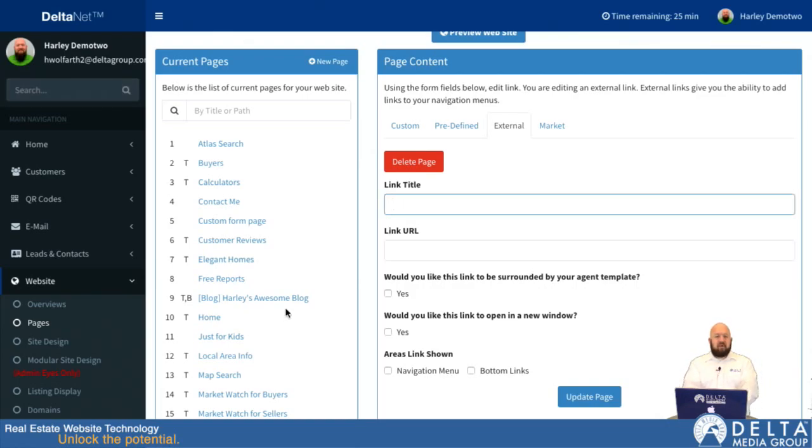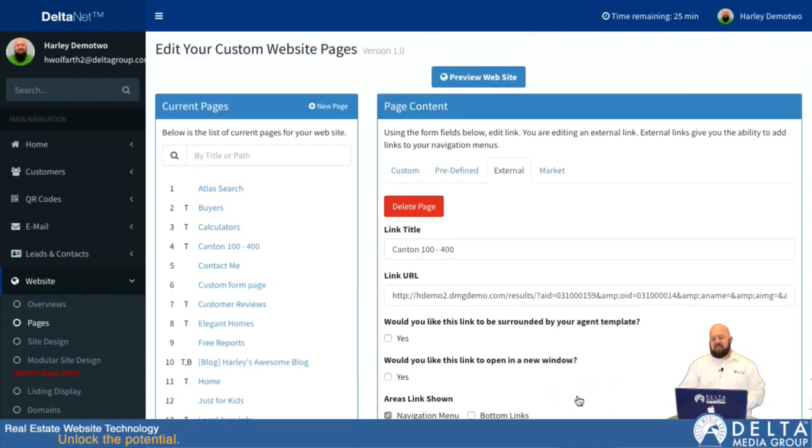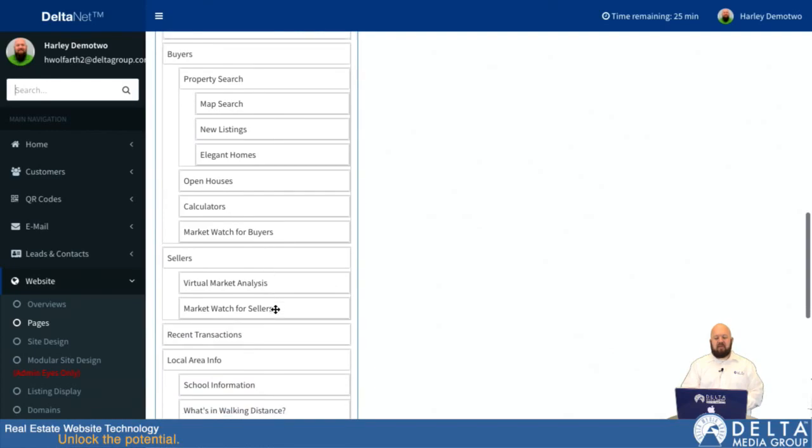The link title is what is going to show up on the page. So we'll say Canton 100 to 400. Link URL, we're going to paste in the URL of the page that we copied from our search results page. And we don't want to frame it, we don't want it to open in a new window because you're staying on our page, but we do want it to show up in the navigation menu, which is the menu up at the top of your page, or the top of your site, whereas the bottom links show up at the bottom. So once we've done that, we hit Update, go on down to Navigation menu section here at the bottom,